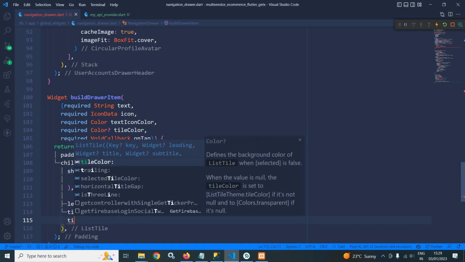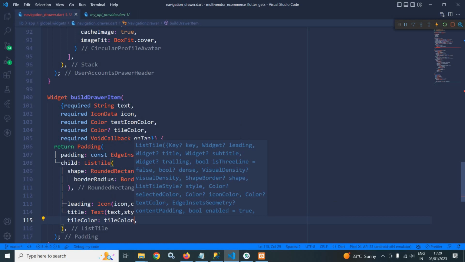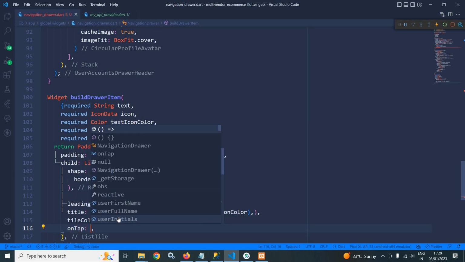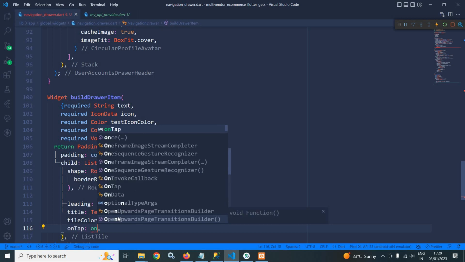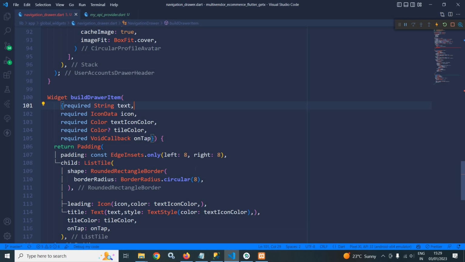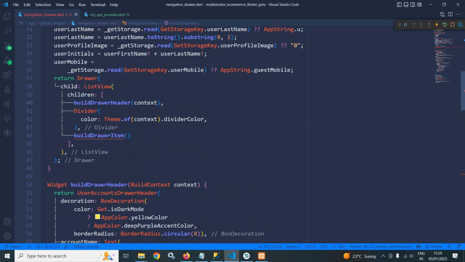Now I need to set the tile color. Which tile color? Which is passed to this function. And in on tab I will call this on tab. So this build drawer item has been created. Now I need to call this build drawer item from here. Fine. And while calling this build drawer item, here I am passing